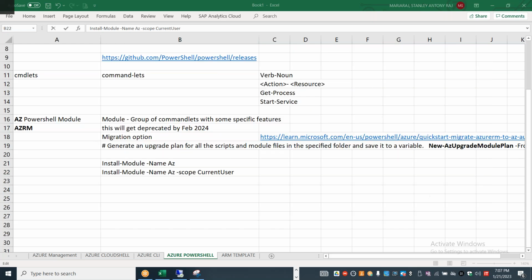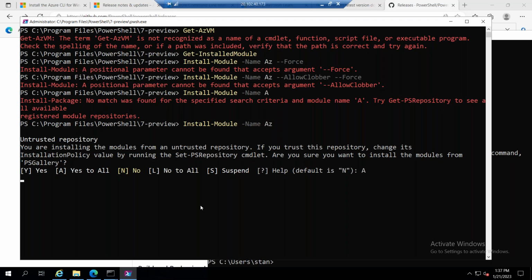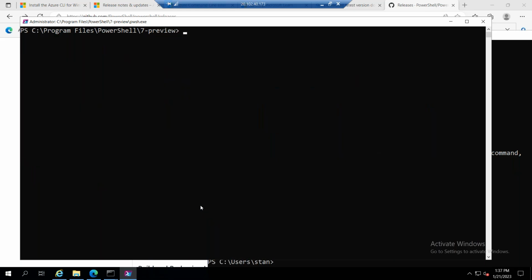Right now, let's go and check the current thing. It is taking some time to update your PowerShell prompt. Okay, so give it a minute or two, and then we can go and run the command. Yeah, it is done now. Let me clear the screen, and now I can just go and say Get-